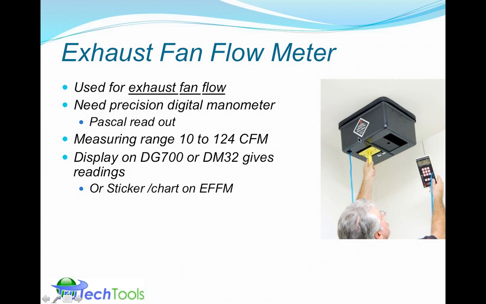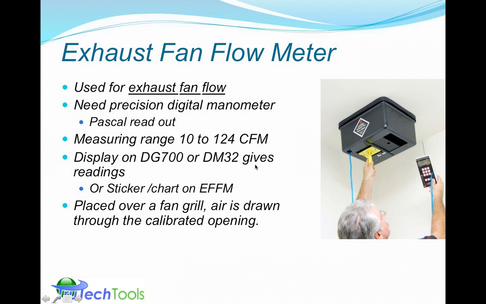It's measuring the static pressure inside this box and channeling the airflow through a specific slot. So I believe it's either A, B, or C slots. You would set that up corresponding to the mode on the pressure meter, and then it would give you directly the CFM. Or alternatively, there's a sticker or a chart inside the instruction manual or a sticker on the outside of the exhaust fan flow meter. So all you need is a Pascal type resolution meter, hook it up, and then look at the chart inside